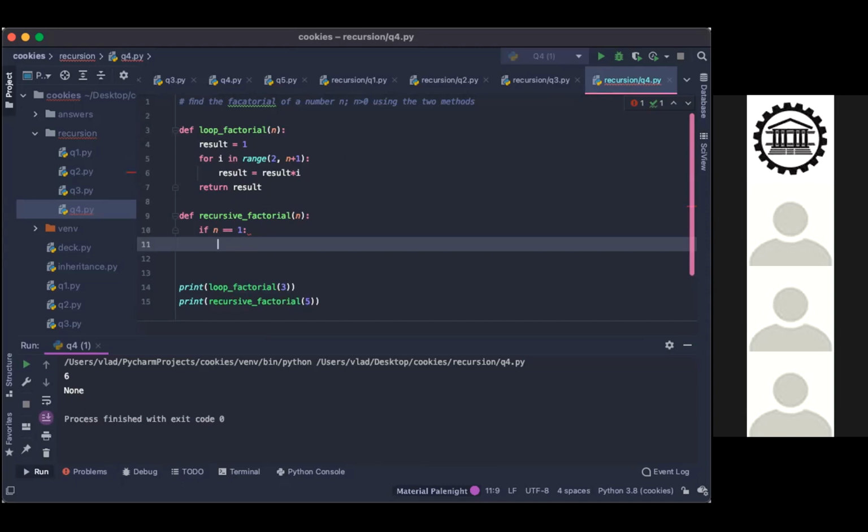Is it a good idea to initialize a variable here as well, or no? It's not needed. Okay.